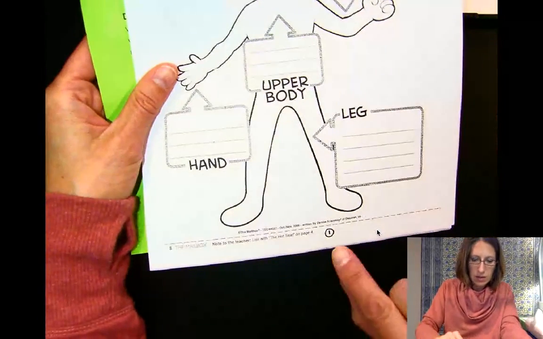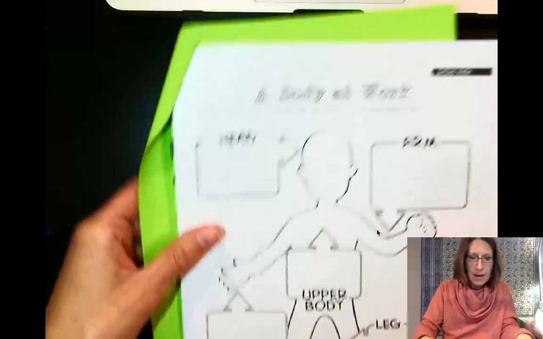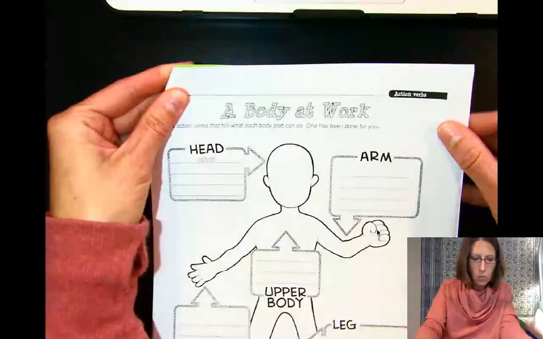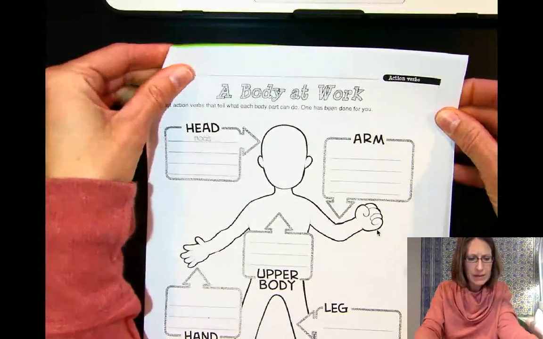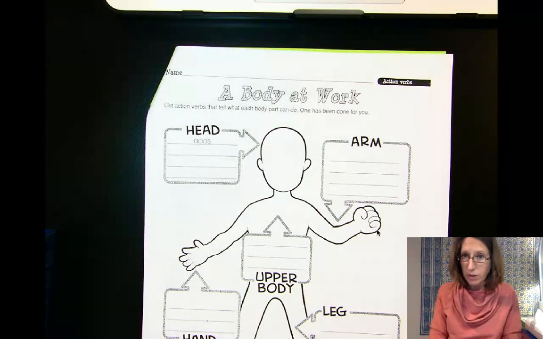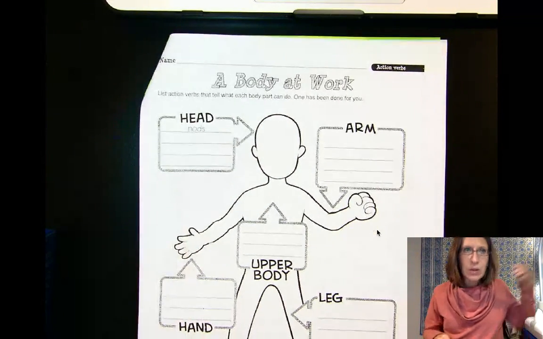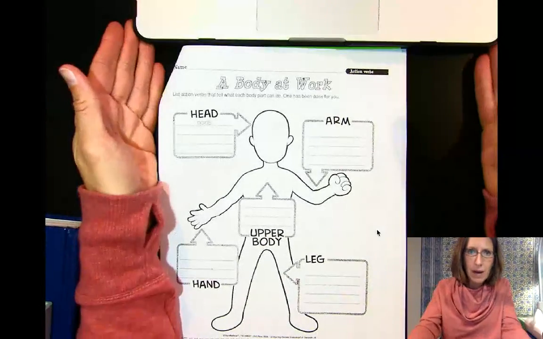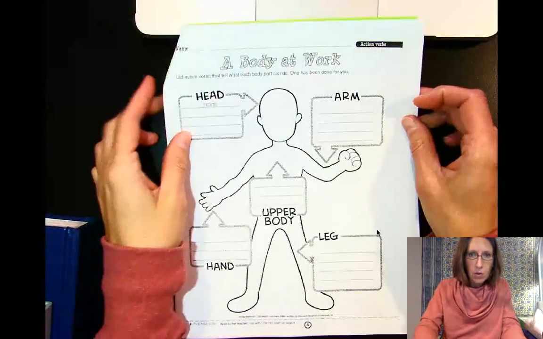It is right here, page number 1. And it is called A Body at Work. It says list action verbs that tell what each body part can do. One has been done for you. So what we're going to do here is think about some action verbs that you can do with these different parts of your body. So for example, your head